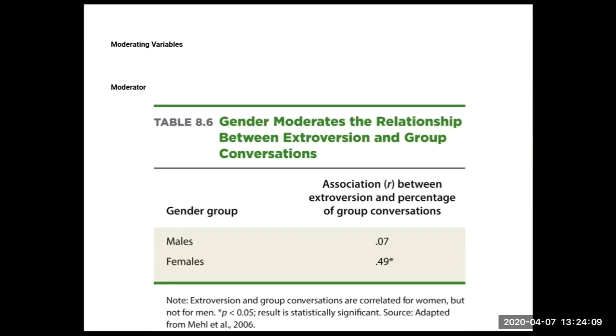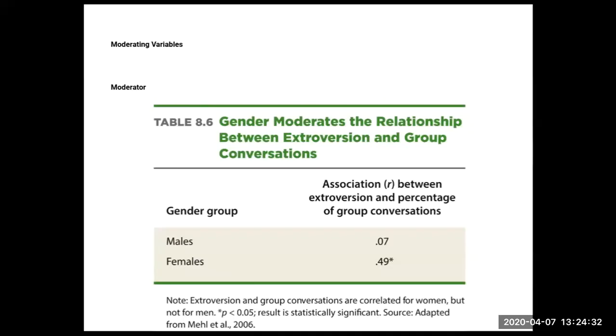variable. So, looking at the relationship between being extroverted and having group conversations, it seems that there was a positive association, a statistically significant R value, as you can see, between extroversion and the percentage of group conversations. But like the last graph, if we were to break it up into gender and say how much of the association is males adding to this between extroversion and group conversations and how much of it is females, well, we